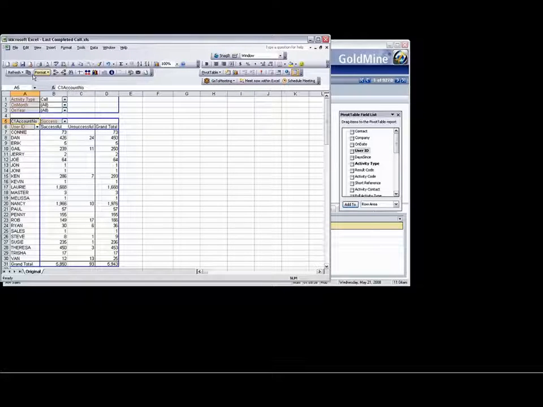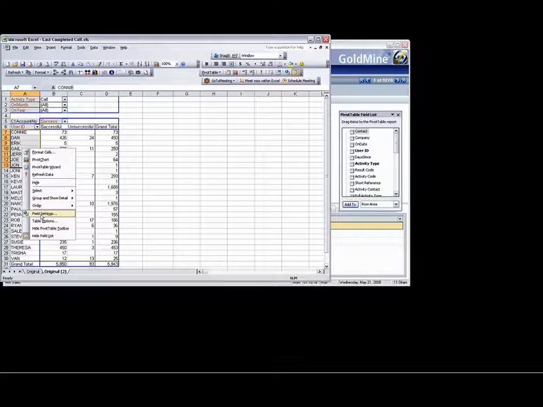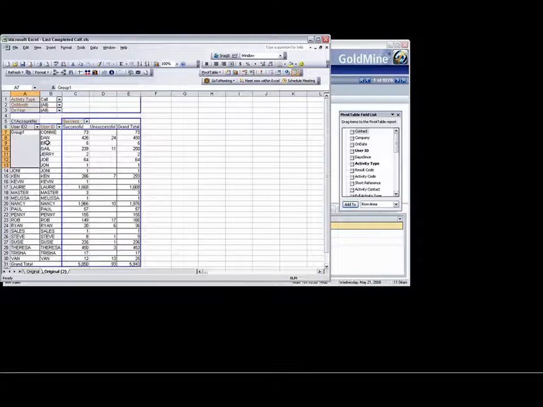Let's start by making a clone of this. So I've got two copies of the same report here. And you probably know in working with MasterMine up until now that if you go and make a group, I'm going to do this using the regular Excel grouping built into the shortcut menu. If you make a group like that